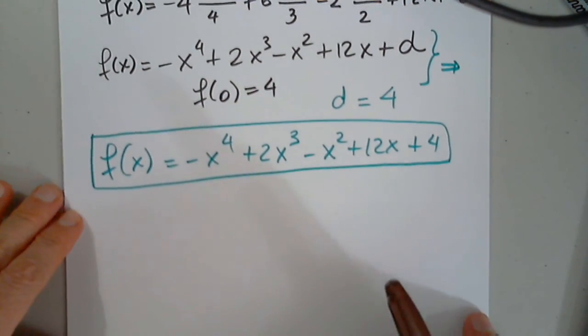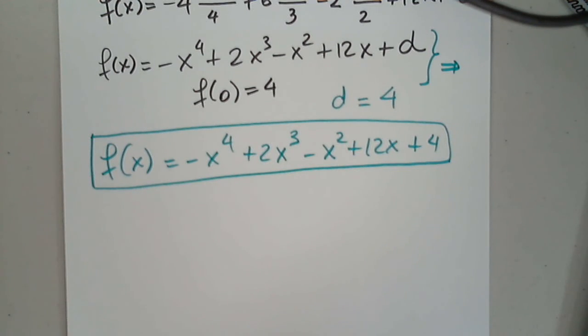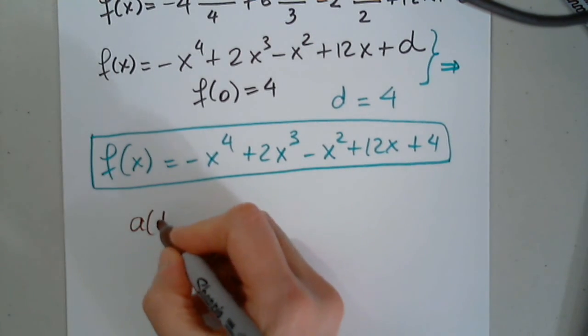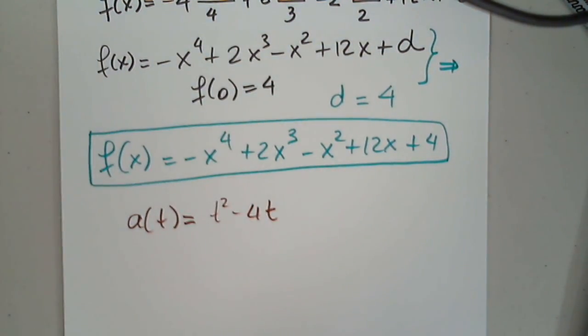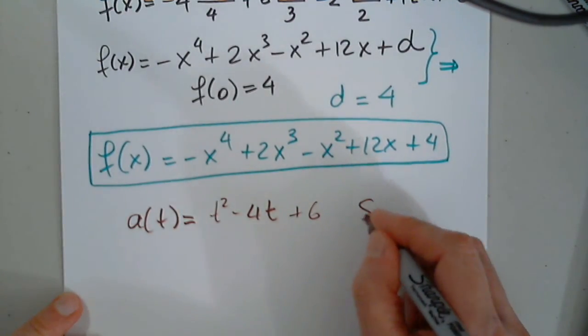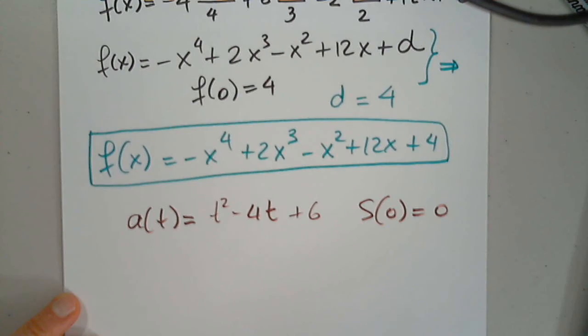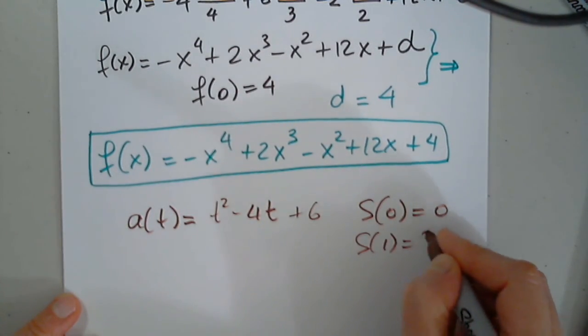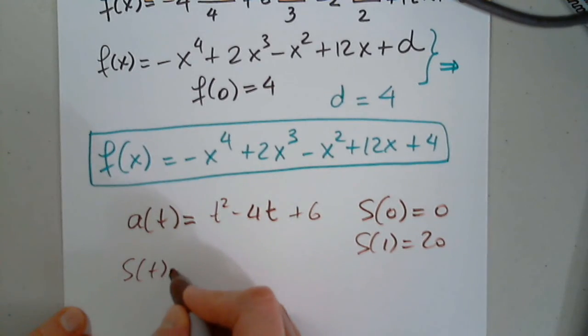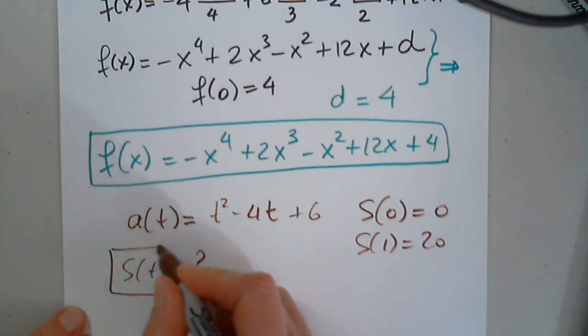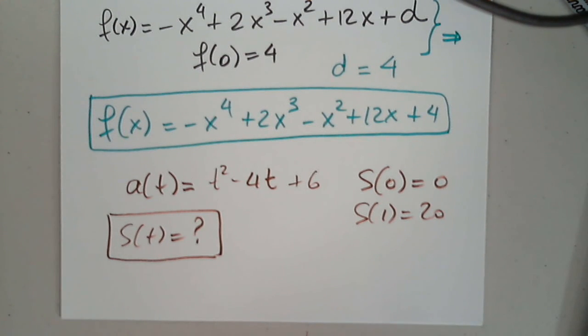Okay, I would like to look at another example, if you want to choose, I'll be more than happy. So we're given an acceleration now as t squared minus 4t plus 6. And they're also telling us that s of 0 is 0 and s of 1 is 20. They're asking us to find s of t, the unique function of motion. Where is our starting